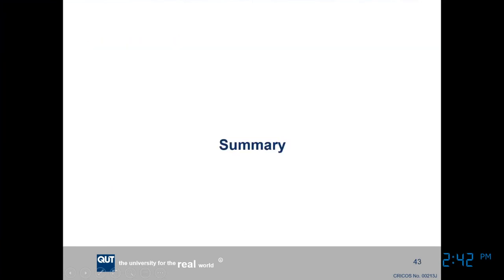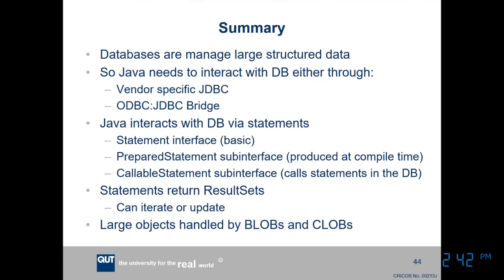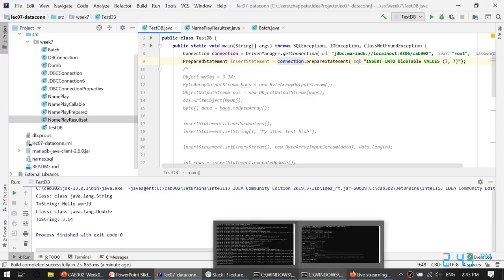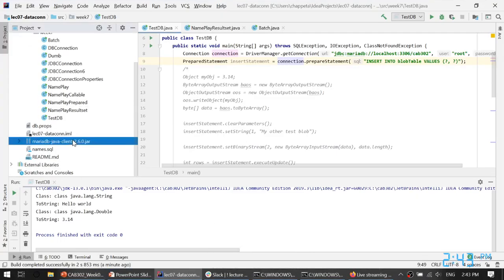Okay, so that's pretty much it for large objects. So in summary, databases are used for managing large structured data, and Java needs to be able to interact with the database either through a vendor-specific JDBC driver or the ODBC JDBC bridge. So if we look back here, this MariaDB Java client is the JDBC driver. Once again, the topic of actually installing MariaDB and installing the database driver is covered by a mini lecture, but